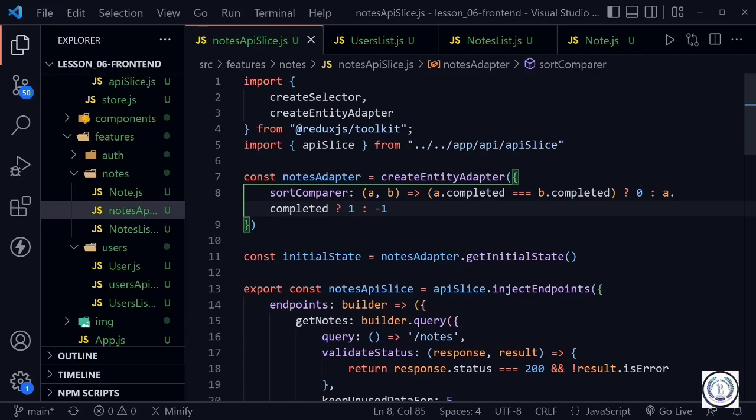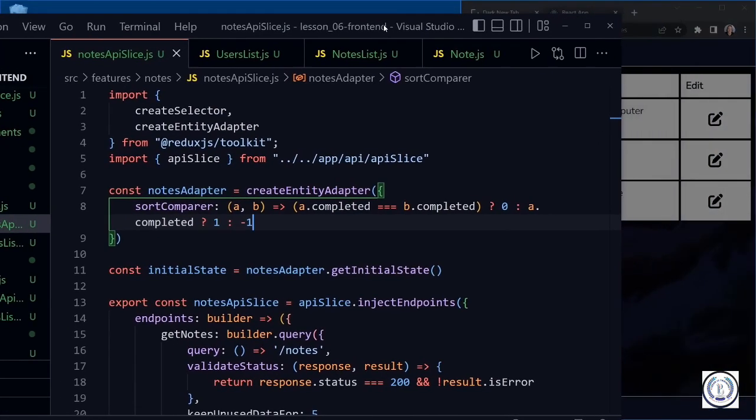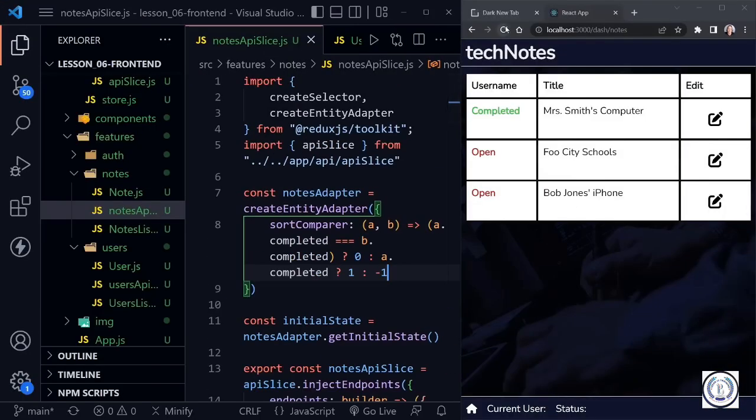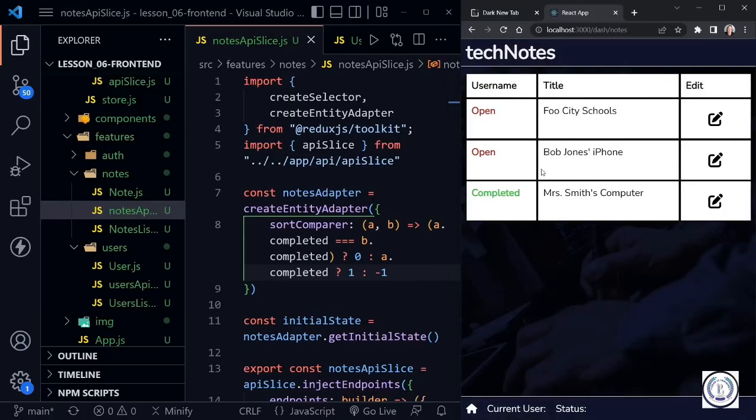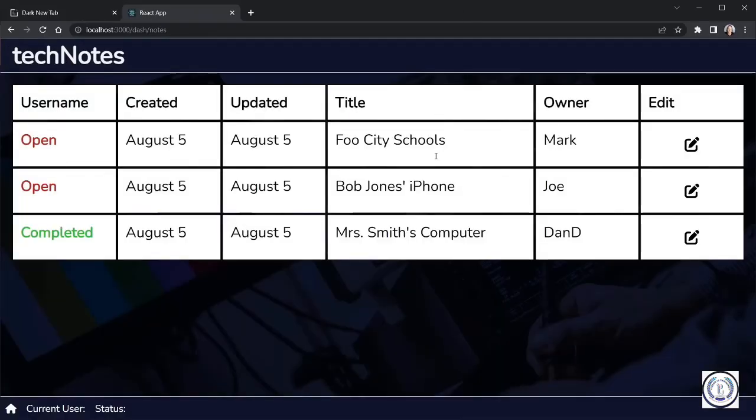So if we just put this in and then we drag this back over and check our page, we'll need to refresh to query that data once again. Now Mrs. Smith's computer is at the bottom of our list, and any others we would switch to completed would instantly come below as well. We have covered a lot in a short amount of time as far as Redux and RTK Query goes. Now in the next lesson we'll cover mutations, which also covers the editing and posting and deleting, so the CRUD operations, but those are the mutations, not the queries, as there